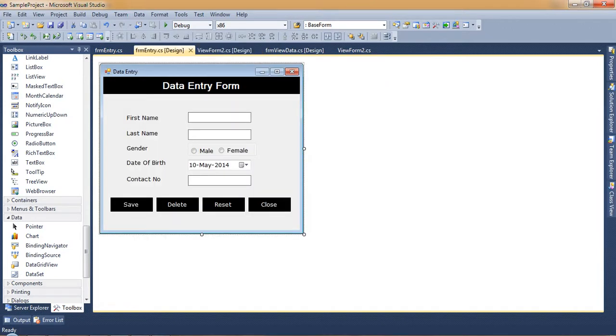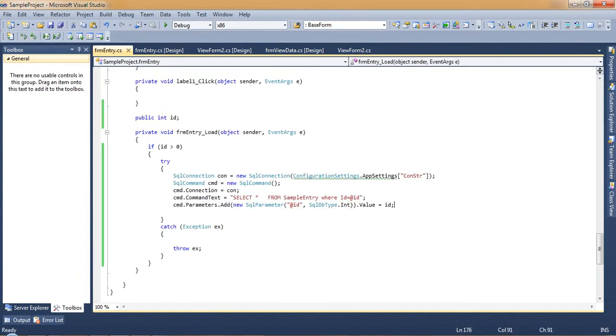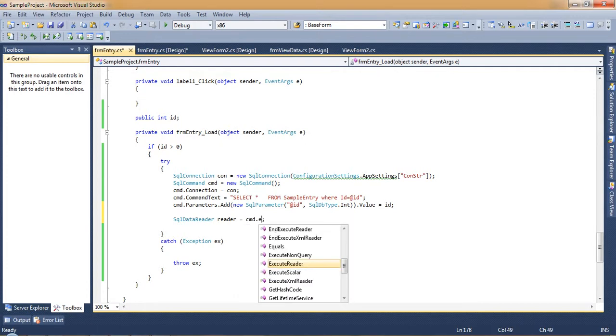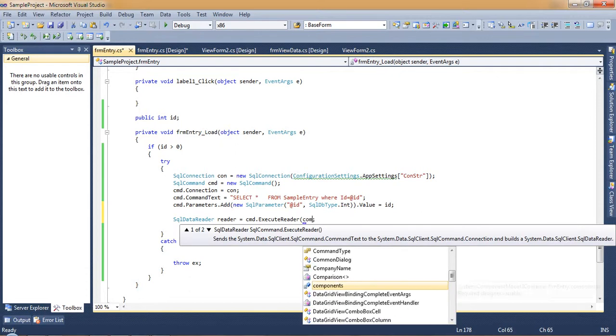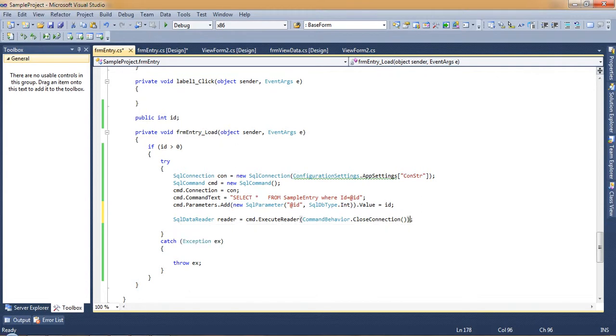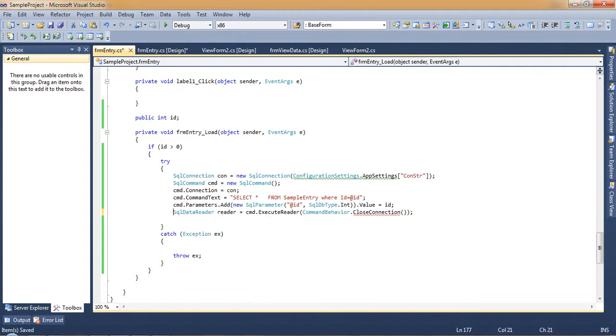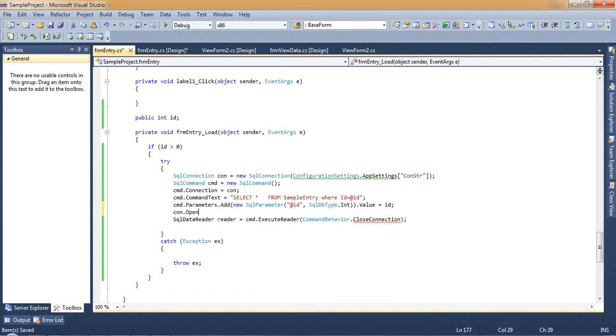So I will write here SqlDataReader equal to cmd.ExecuteReader, then CommandBehavior.CloseConnection, so that after reading it will close. Before executing the program, we have to open the connection. con.Open, don't forget to open, otherwise it will give you an error.